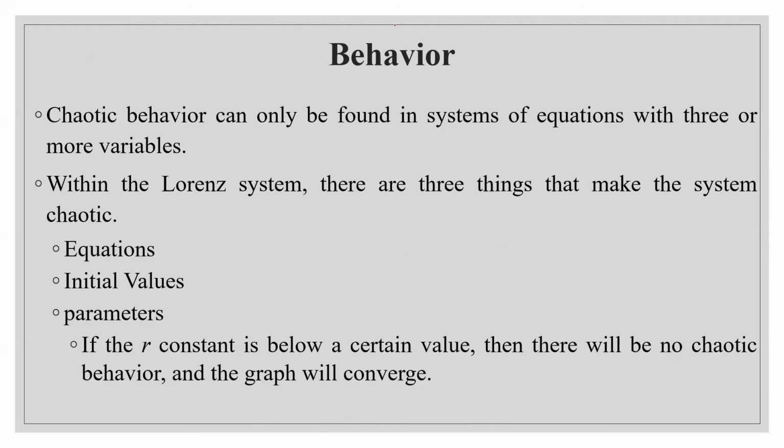You cannot see just by looking at the equation whether it will have chaos or not. It is a matter of research to find out whether the system has chaotic behavior or not. The minimum requirement to find chaos is that it should have three or more variables and it should be non-linear. Then only can you think of finding chaos. If it is linear and has fewer than three variables, then you cannot find chaos in the system, so it is a waste of time.